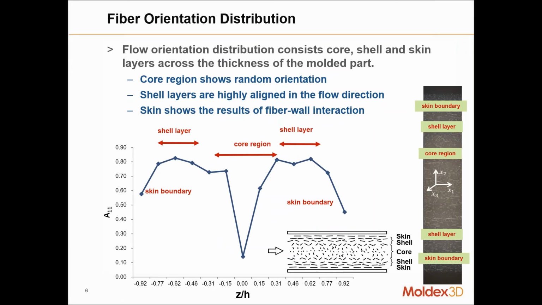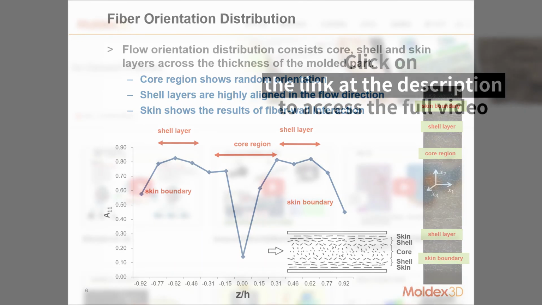In fiber orientation, typically people look at the skin core layers, or there's also the shell layers, but the skin core effect. So basically, we look at where the material or the fibers are at the skin or at the surface of the part. And then we look at the shell, which is right below the skin, and then we have